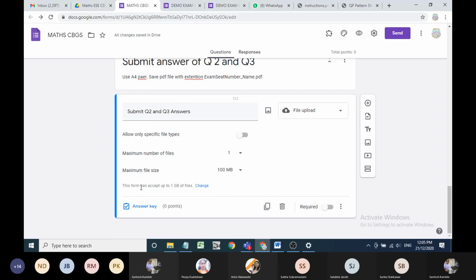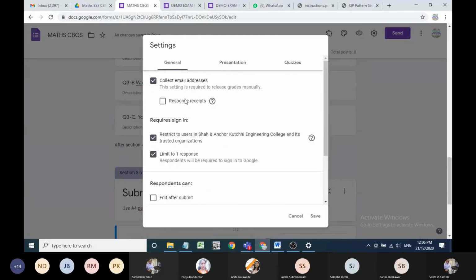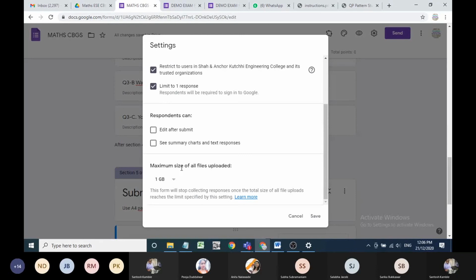Now, this form can accept up to 1 GB of file. If there are more students, and if you are taking 10 MB, so 1 GB means only 10 students can submit the paper. So we have to change this. Now, we come here in setting. Automatically there is one option, maximum size of all files uploaded.